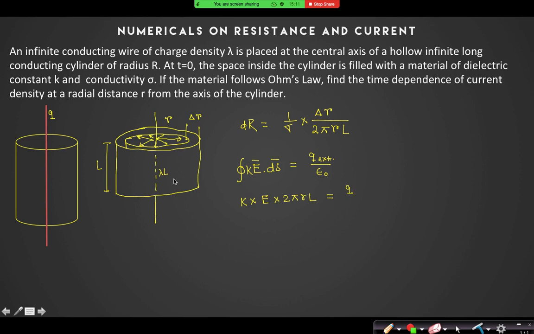Inside this cylinder, this portion, yes. Sir, the charge will change there, because it is a dielectric medium. Because this is not purely a dielectric, it also has a conductivity. Right? Dielectric, how can it be a conductor? Yes, if it is a non-conductor. If it has a dielectric constant, it does not mean that it is a pure insulating material. It has a conductivity sigma, so it will definitely conduct.